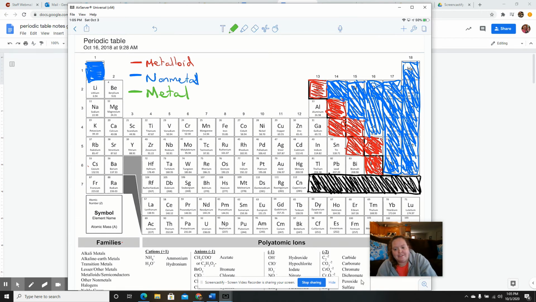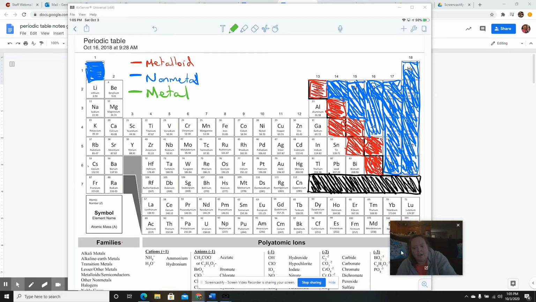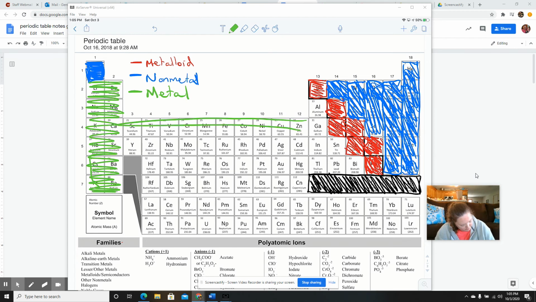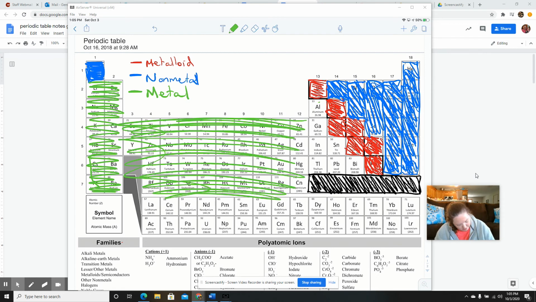And so you can see that the majority of the periodic table here is a metal. Most of the periodic table is metals. So everything here, these two tables, all this middle section, over here underneath the staircase,